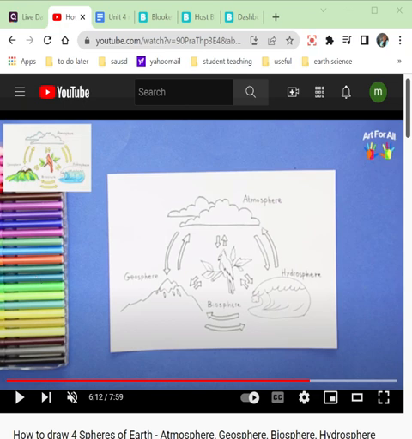That includes the oxygen that we breathe in, and nitrogen. And